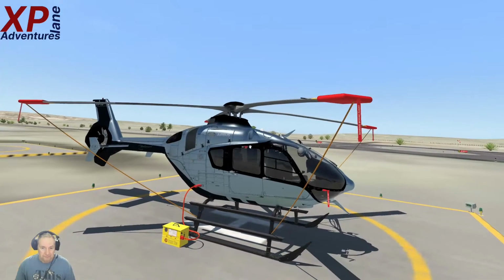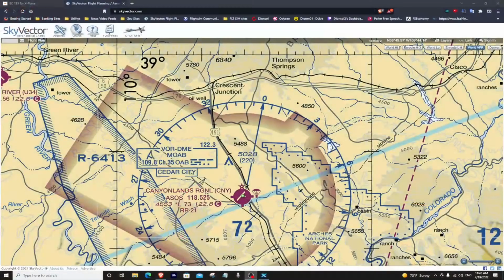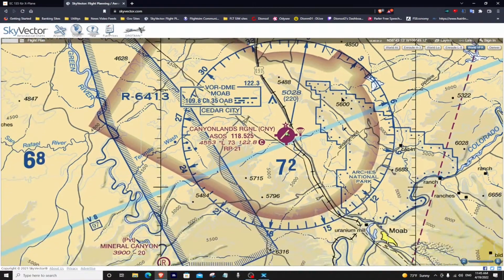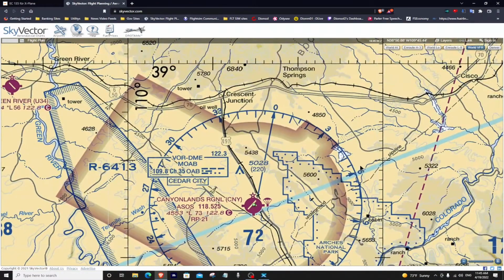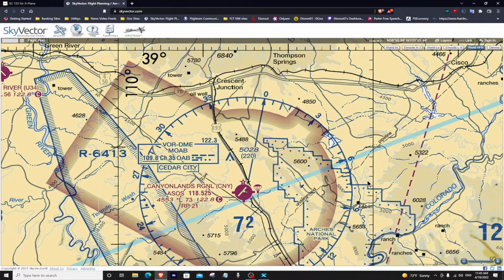Canyon Airport here. What is it? Canyonlands. Canyonlands, sorry. Which leads me to segue right into Canyonlands, which is where we're at right now. The reason why we're here is not only to show off the freeware helicopter, but also